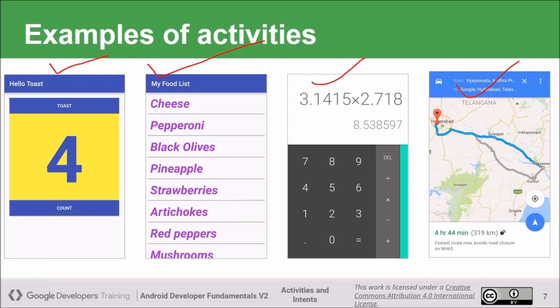With the help of this, you can see different screens on your mobile phone window. So these are all examples of activities. Every user interface we see on our mobile phone screen, we call a user activity or user screen an activity.